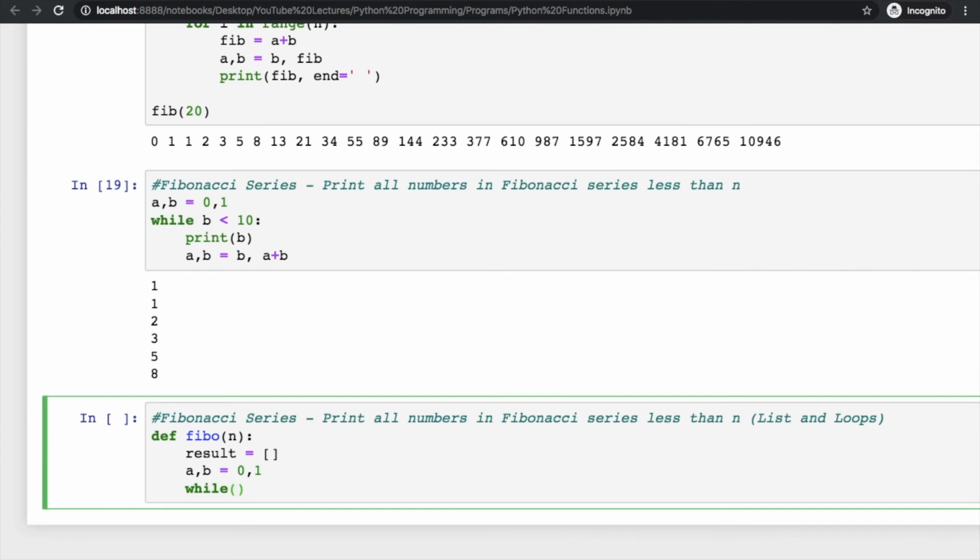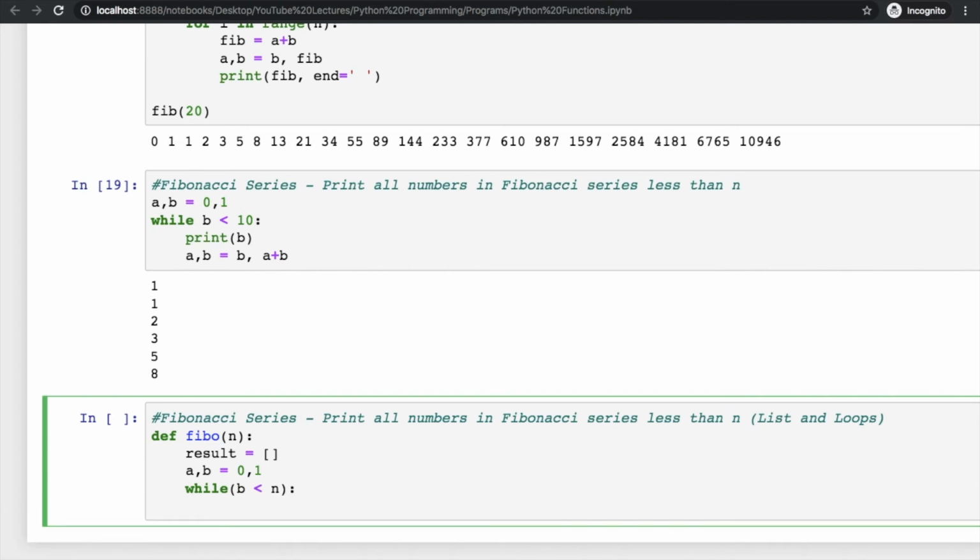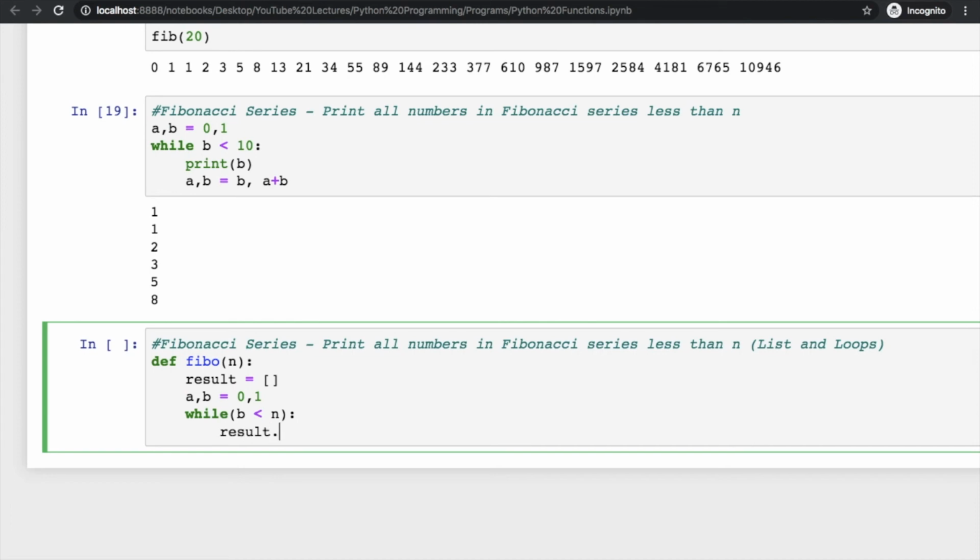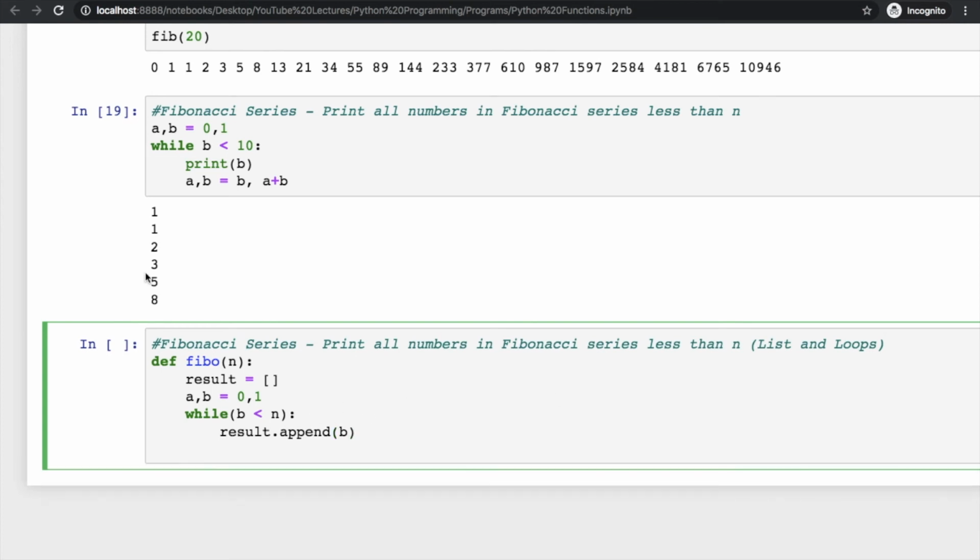Then you can use a while loop again, while b is less than n, where n is the input given by the user. Then you can append everything to this result list, and here I am appending the b element,